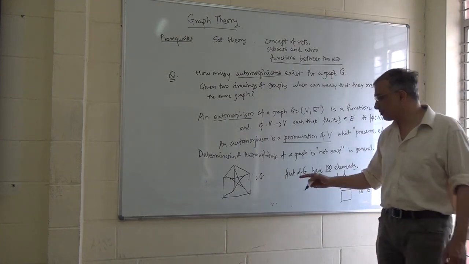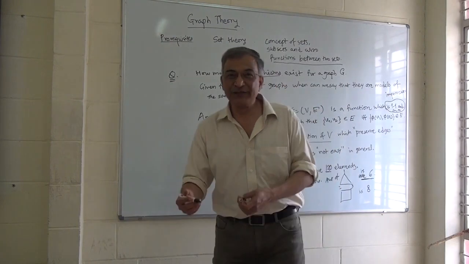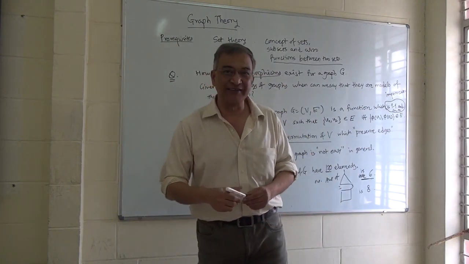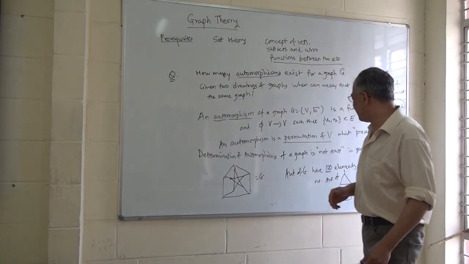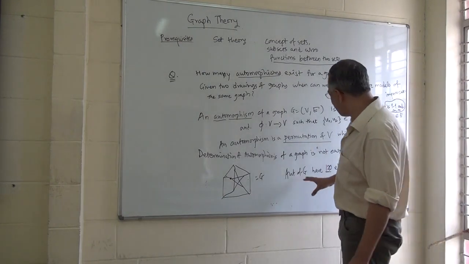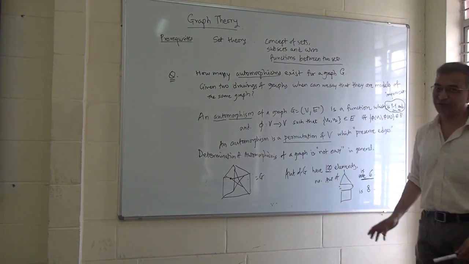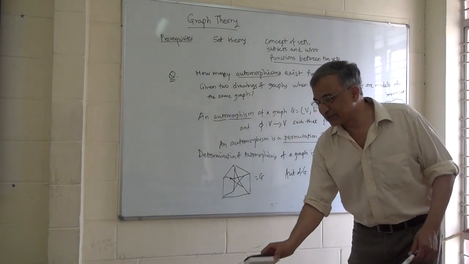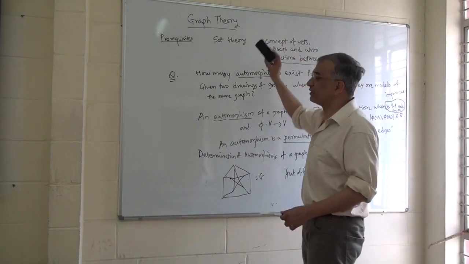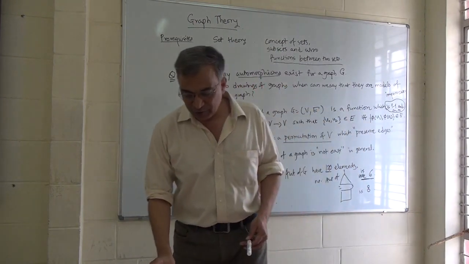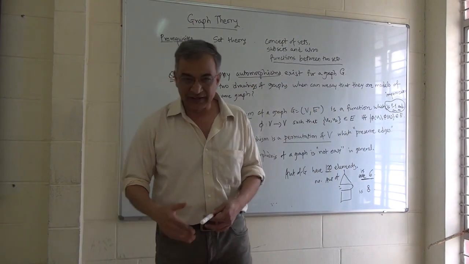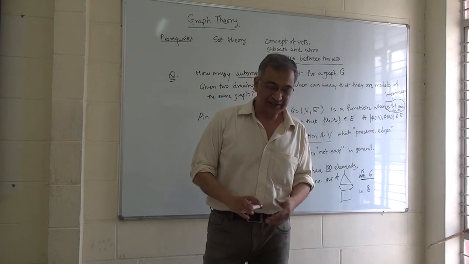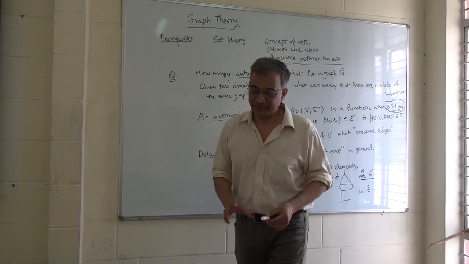Number of automorphisms of a pentagon will be 10. So you can see a pattern, and you can try to see that if you have a cycle, what will be the automorphisms of that cycle, the permutations. Okay. So this is one question in graph theory. In this lecture, we are just going to state the graph theory definitions and some basic concepts.